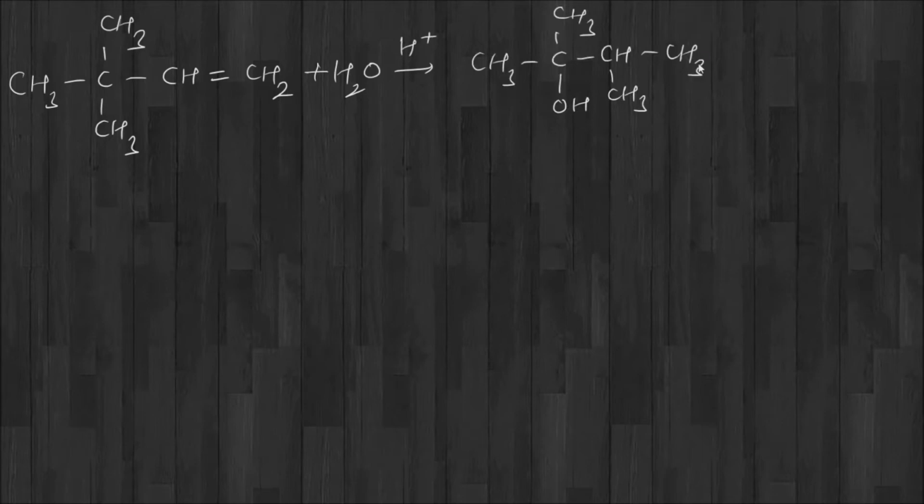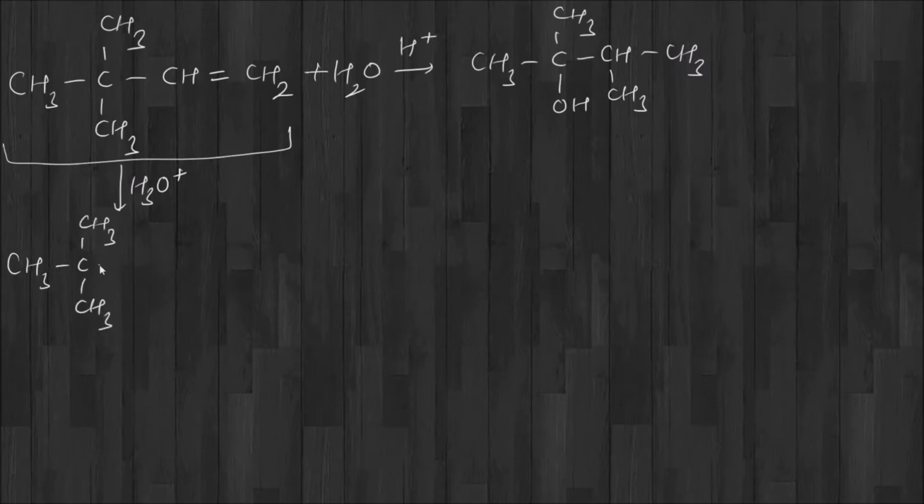And an example of this is, if we have a quaternary carbon next to the double bond, then on addition of water, OH is attached here. This type of product is formed. So again, if we go through the mechanism, first of all, H plus is added to this alkene and we get CH3, CH3, CH3, CH, CH3. This product is formed.